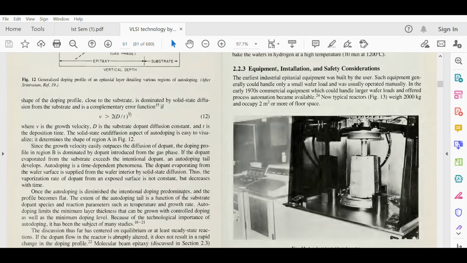Because we are not providing any kind of external voltage or any kind of external excitation to the P substrate, it is the diffusion process. So as we see two currents, drift current and diffusion current, when we intend to get the drift current, what we do is apply a voltage across the diode. Okay, I'm giving you a simple example. And if I am interested in the diffusion current, I need not do anything.